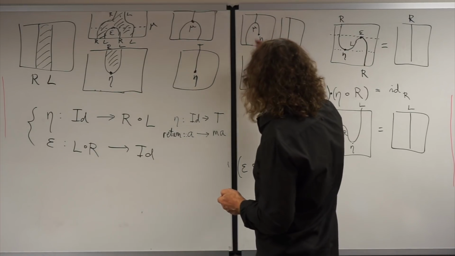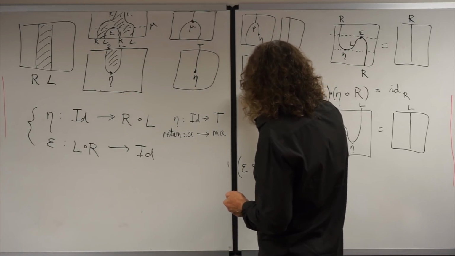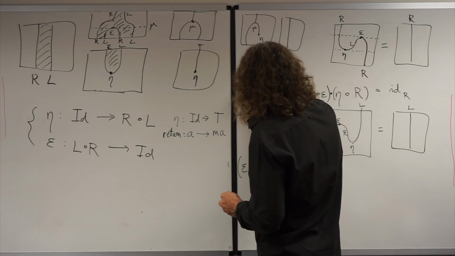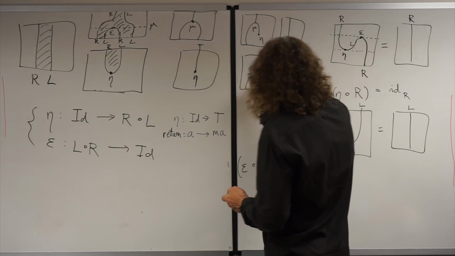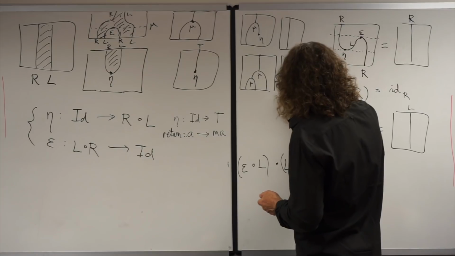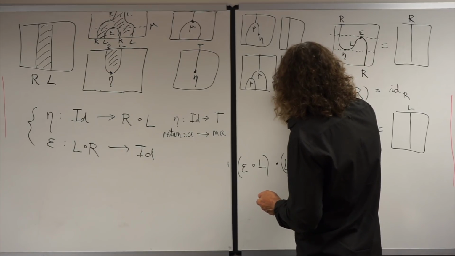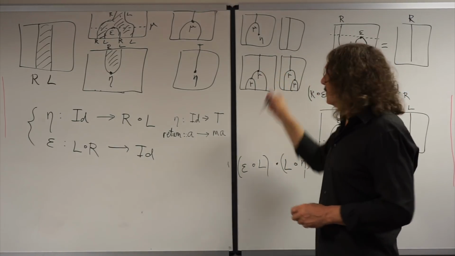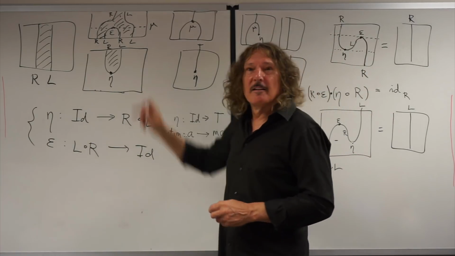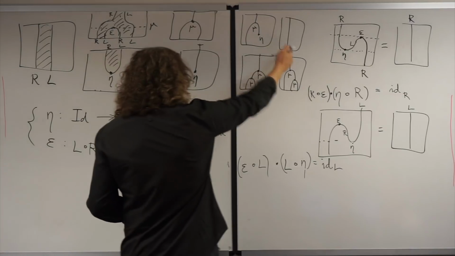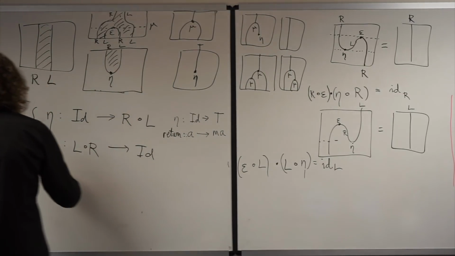And there is the left unit law, and then there is the associativity law, which says if you multiply things first on the left and then on the right, it's the same as first on the right and then on the left. Associativity. Now we have to redraw these diagrams using stripes, and show that this is really true. So let's redraw the first diagram